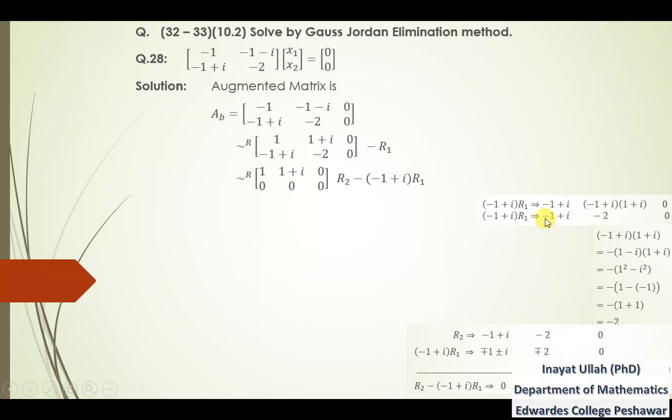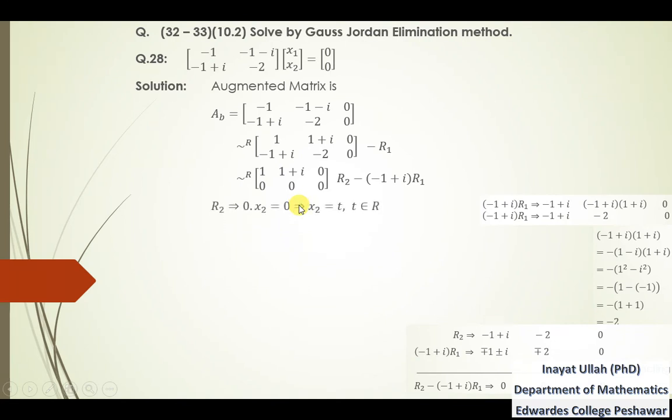We need to change these signs, change minus sign with plus, plus sign with minus, minus sign with plus, and that is 0. So subtracting, minus 1 plus 1 cancel, these cancel, these cancel, so that is 0 0 0 0, and this result will be written in row 2. So that is row 2 0 0 0, row 1 remains the same. So below the main diagonal, that is 0. So that is an echelon form of this matrix.